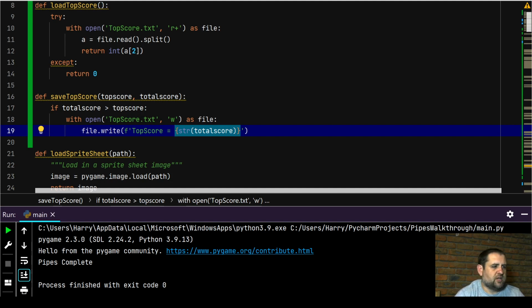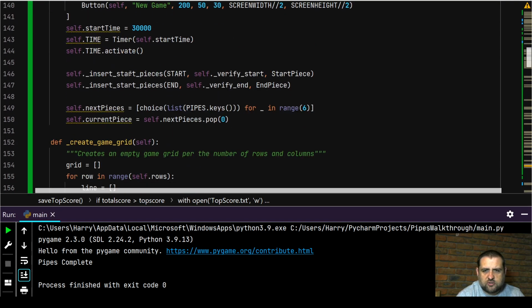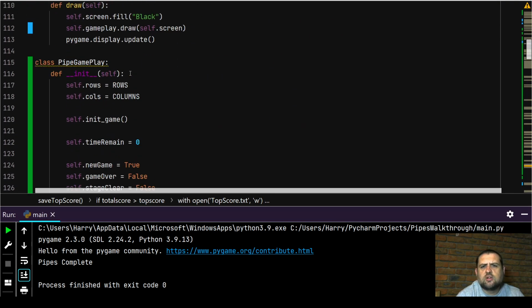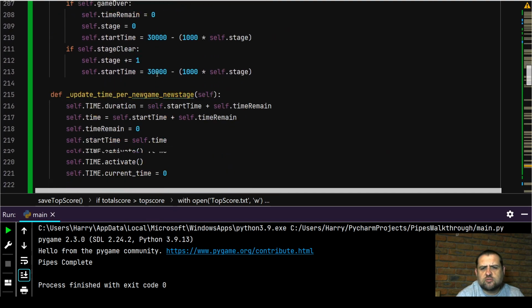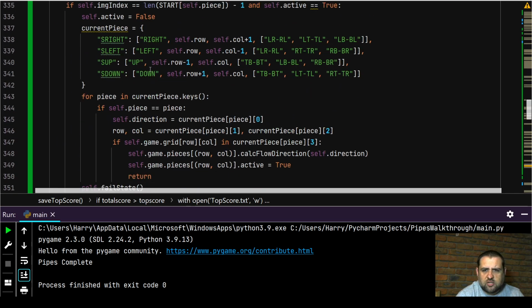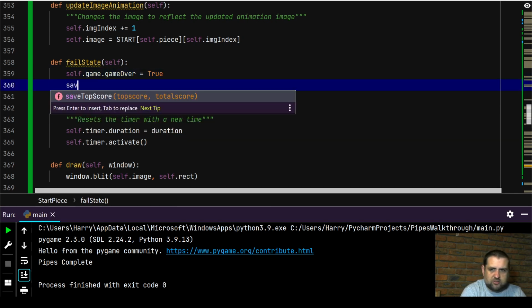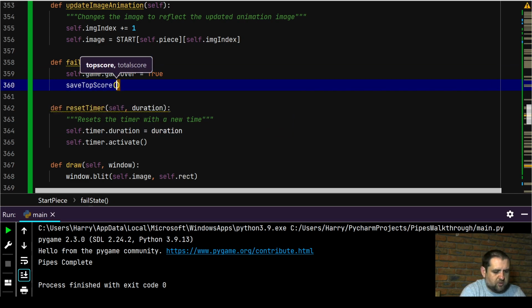Save top score. Now, when do we need to save our top score? We actually need to save our top score when we do a fail state. That's when we need to check whether we need to do the save top score or not. So we're going to go down to our start pieces first. Gameplay, next class, we're looking for start piece. In my fail state, self.game over fail state, we're just going to call the save top score, and we're going to pass it